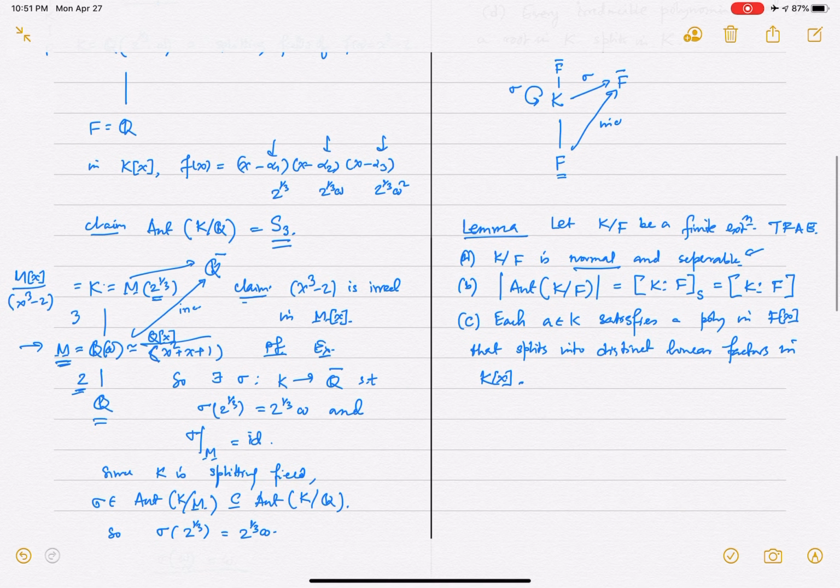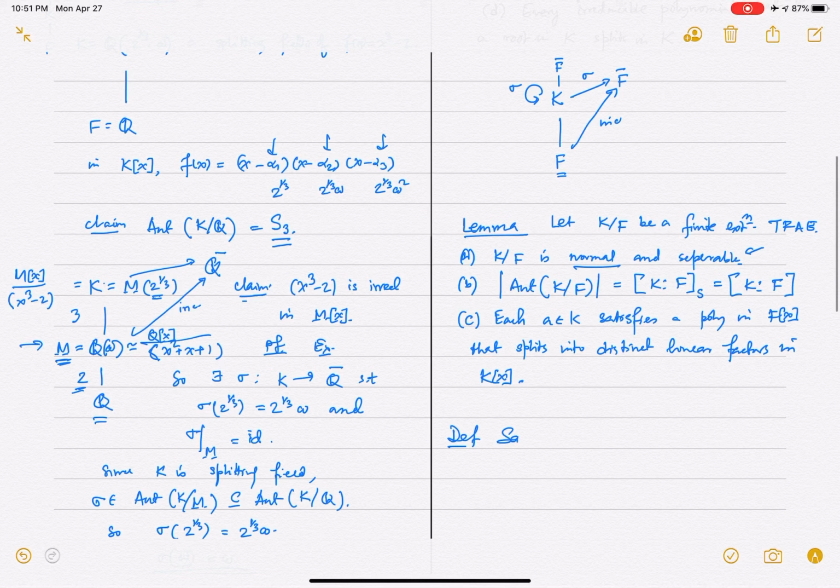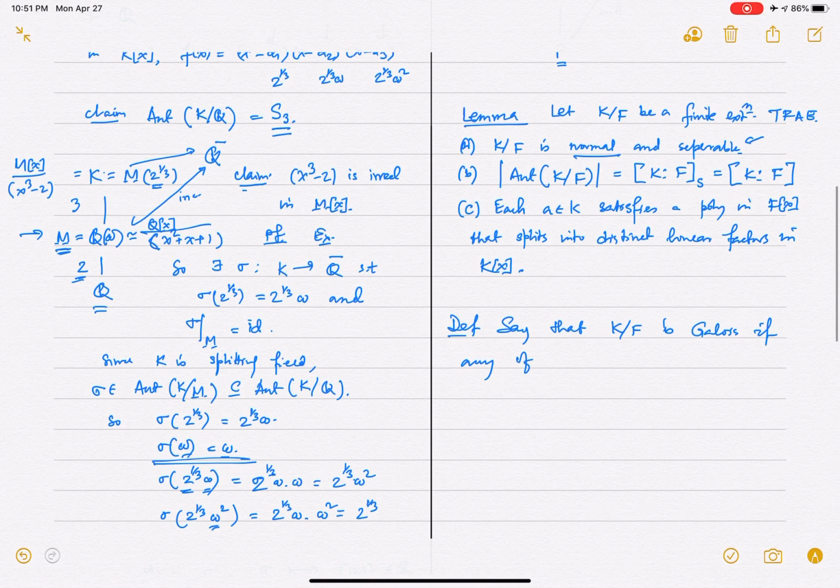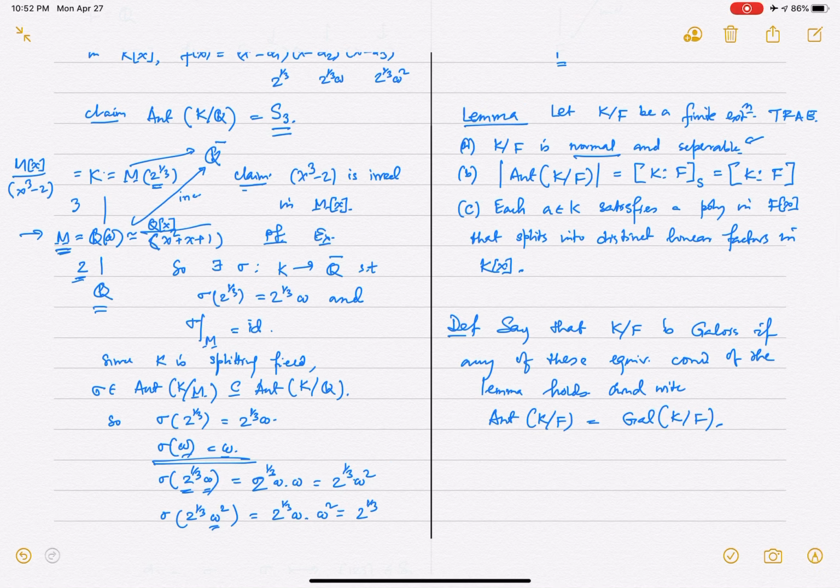Say that k over F is a Galois extension if any or all of these equivalent conditions of the lemma hold, and write Aut(k over F) equal to Gal(k over F). It's called the Galois group of the extension. We'll study these extensions